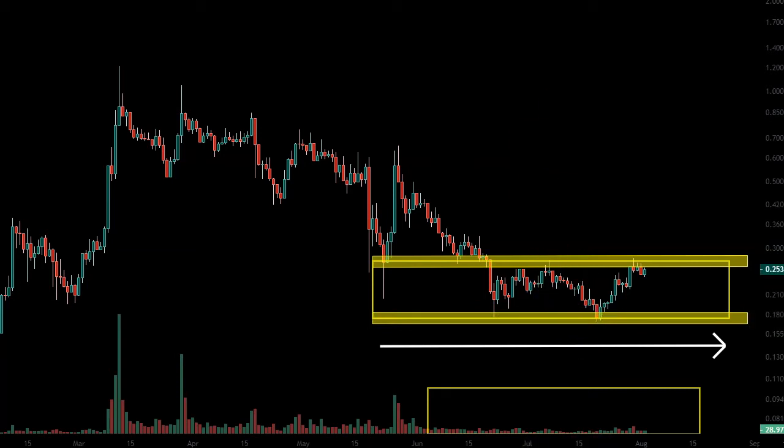If we decide to move inside this rectangle, swing traders, it's your time. At 27 cents, around that level, you could be taking profit. Or consider this support at 17 cents. So yes, I'm saying this rectangle, a move of price action between 17 and 27 cents.